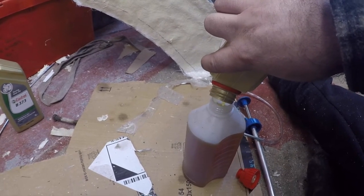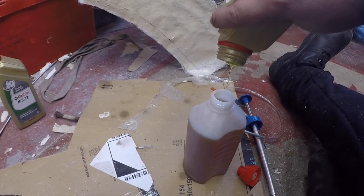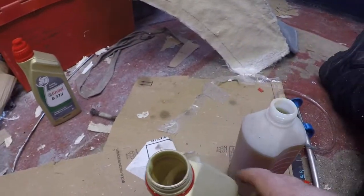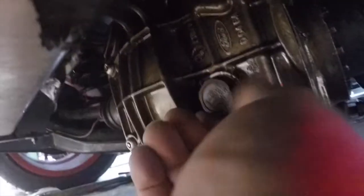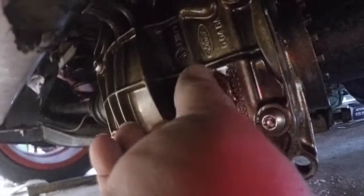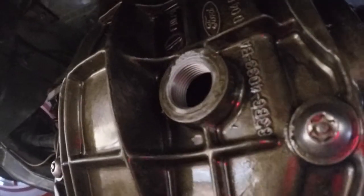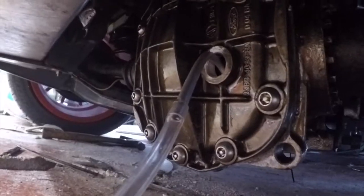So the diff should take about 1.4 litres, and these bottles are a litre each. So yeah, that'll do that one. Okay, so it's the fill plug, we'll just undo it. Okay, so the way you fill the diff, put the oil fill tube in there, fill it until the oil runs down the back. Simple. Might need a bit of a top up once I've actually got the diff in properly, because as you can see by that ground clearance, I still haven't put the top mount in, so the diff is sitting a little low. That's the fill tube in,